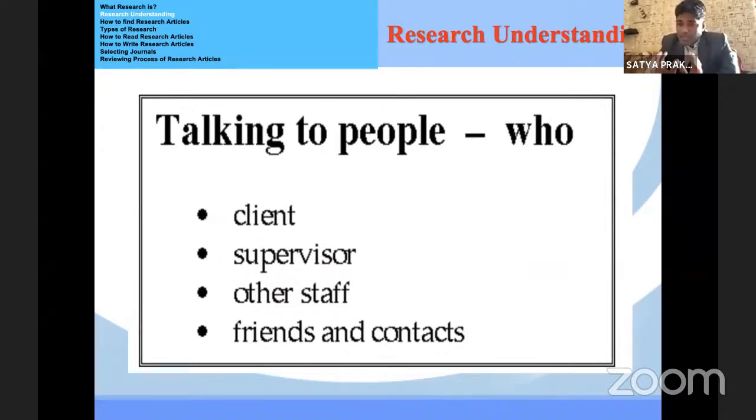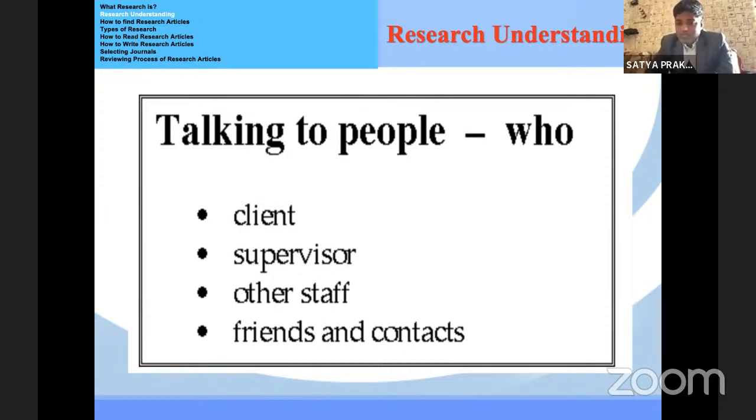There are some areas where we have to discuss the research things, like a client. Suppose it is medicine, and we are improving the medicine's efficiency. Then whom do we have to discuss with? We have to discuss with the medicine manufacturer, medicine related doctors, medicine related persons who are involved in manufacturing the medicines, the supervisor who supervises this, right?